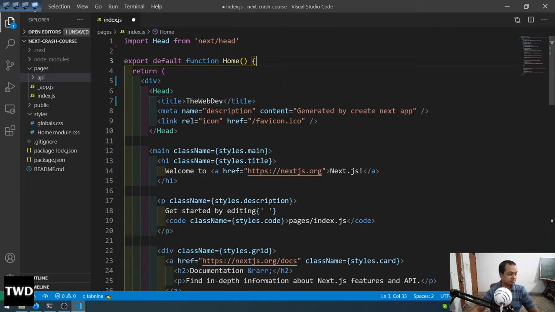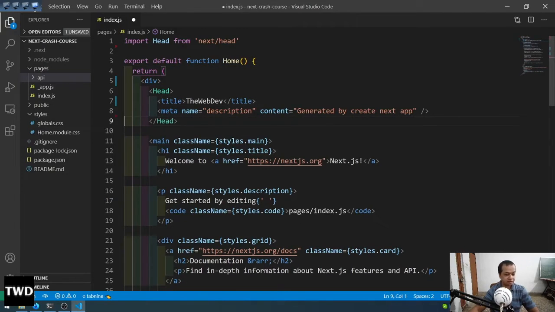Meta name. Instead of this meta name, keywords, I will give web development programming. I will give, and